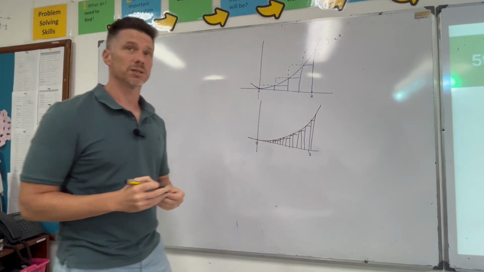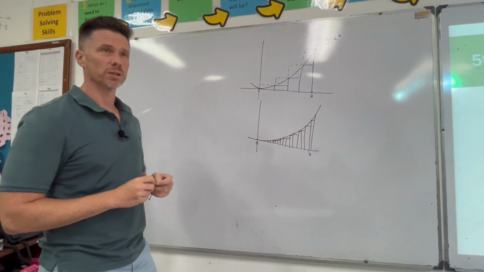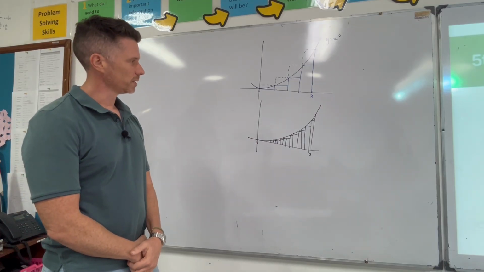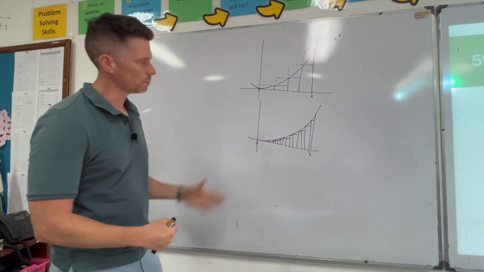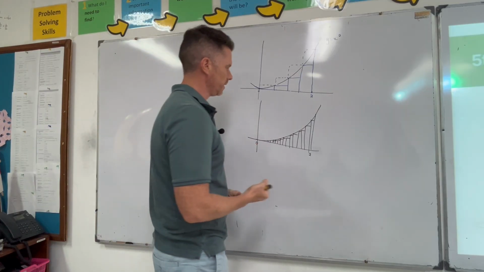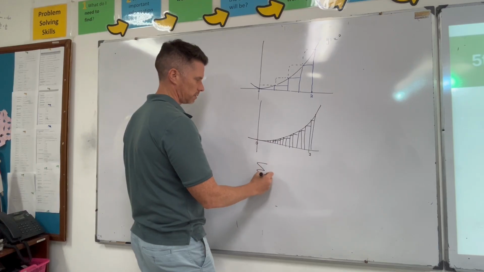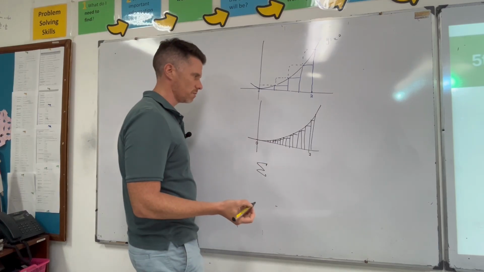That'd be a better estimate, yeah? So those areas would be a better estimate than the previous one. The more I split it up, the more accurate it is. How would I say the sum here? So we like to use the sigma, yeah, the sum of the areas, which is the